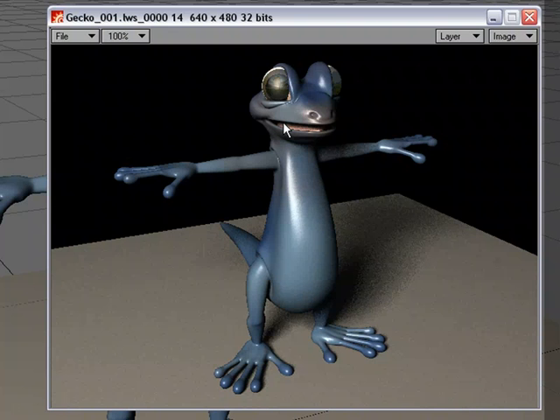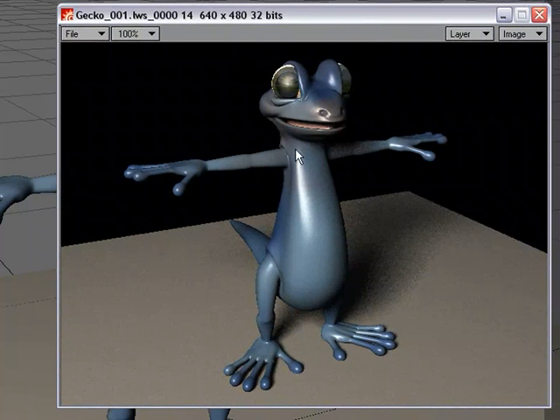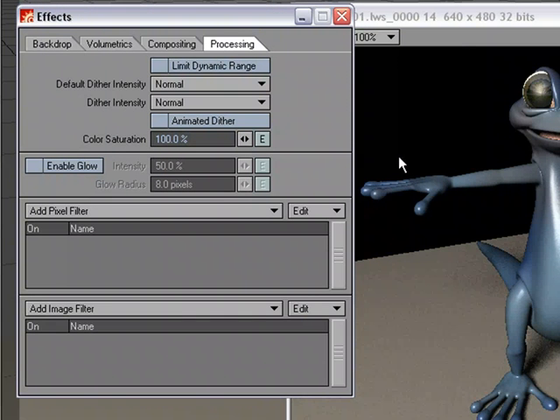This is common practice in the industry, and one way to go about breaking out your images into different passes in Lightwave is to use a tool called Render Buffer Export. So I thought we could take a look at that. So here's our image here. You don't really need to have a render, but I thought we could use this to take a look. So to set up separate passes, I'm going to hit Control F8 to open up the Processing tab,